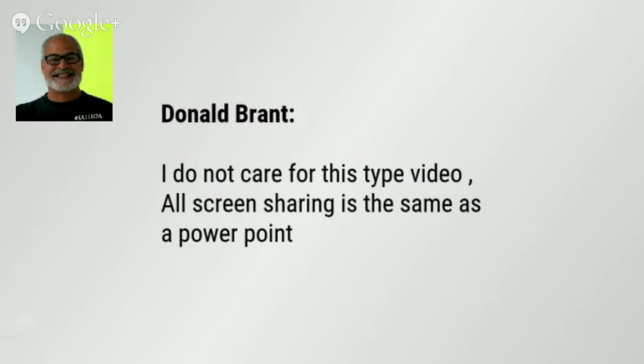It's the same as a PowerPoint. Right. Yeah, but a lot of people, Donald, don't like to see their faces on it. So that's a good way for them to do things. And if you're doing seminars, almost everybody does seminars with PowerPoints. I actually like the ones where you do kind of half and half. You do some PowerPoint slides, but you also have your face on there at some point.